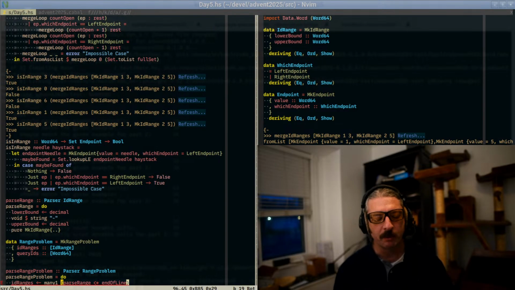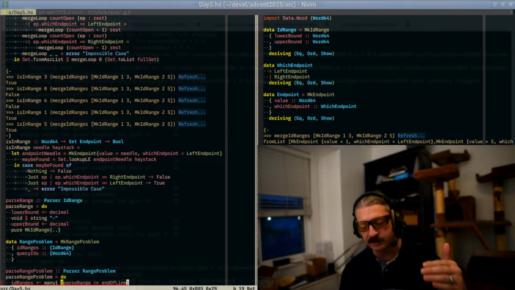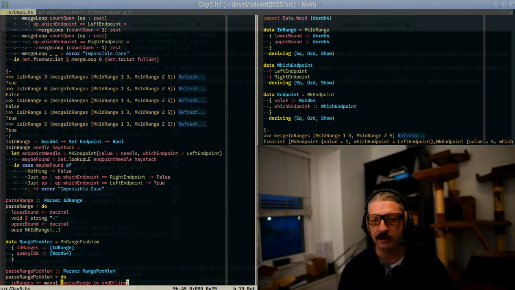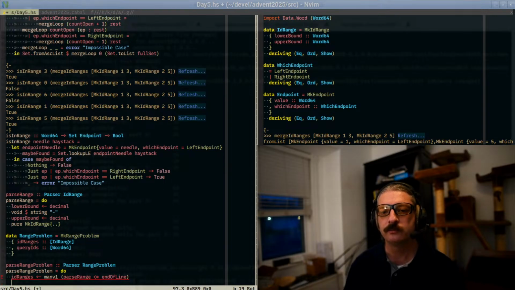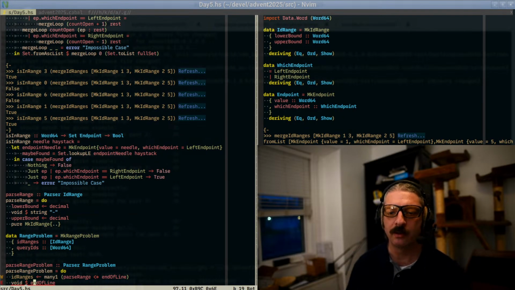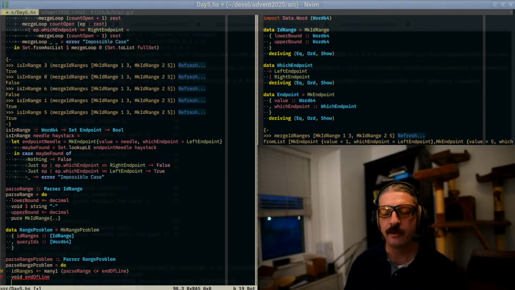And we don't have to worry about end of input because we expect that the input will not stop there, but that there will be one blank line and then at least one ID to query. So let's see. Oh, we don't need the dollar, that's right. Oh, and then we need